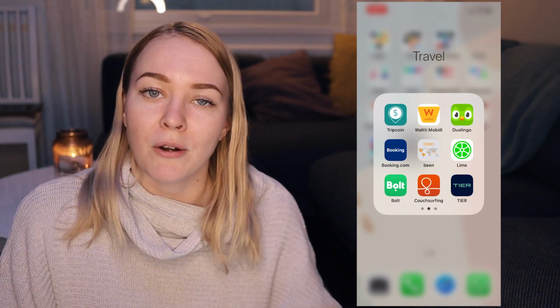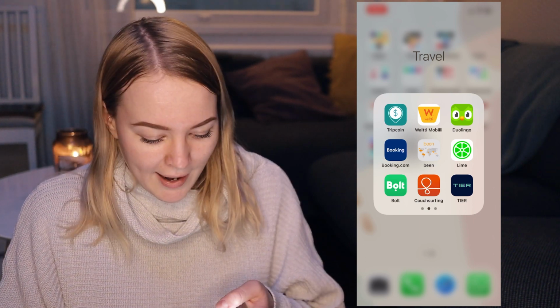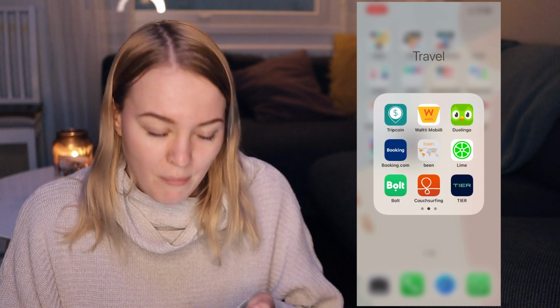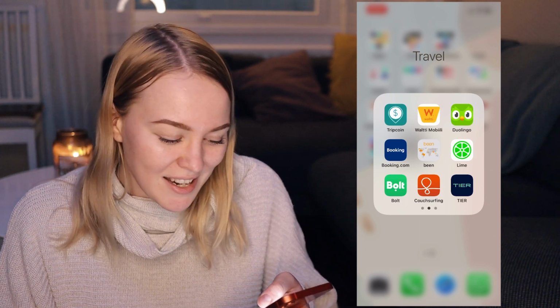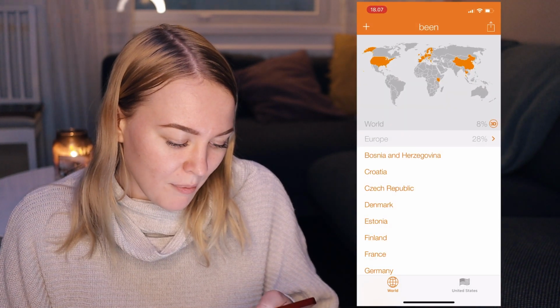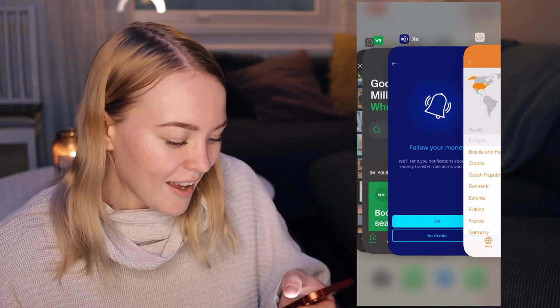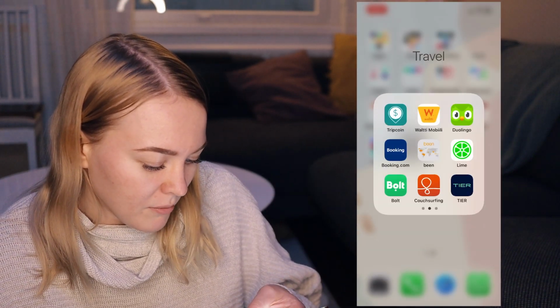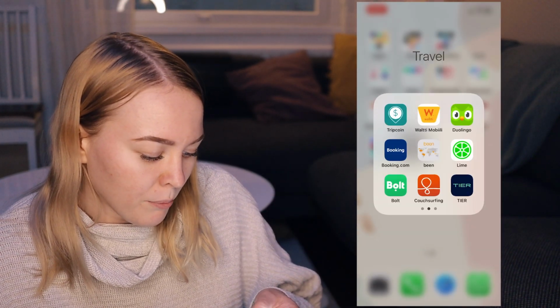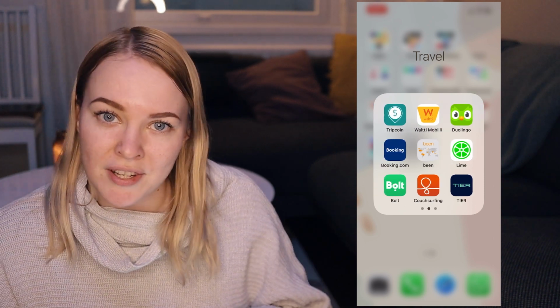Valttimobili, this is another public transportation app. This is for the city I live in. And then Duolingo, booking.com is for hotels and accommodation. Bean is just a list of places that you have been to, which is quite fun to keep track of sometimes. Lime, Bolt, Tier. Bolt is actually like Uber, but for Baltic countries, and